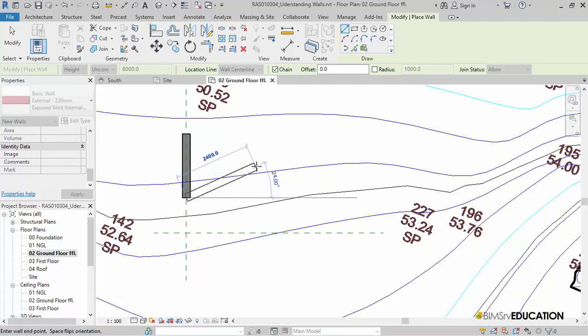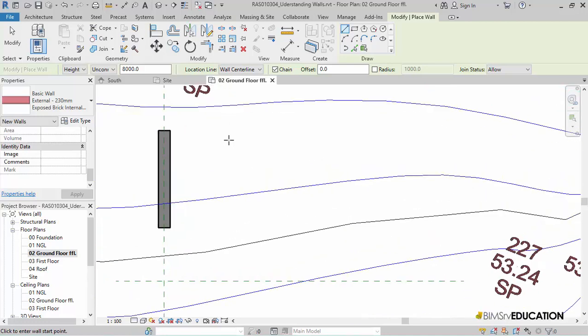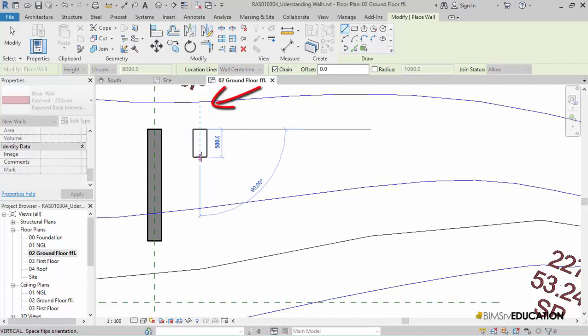Hit the escape button a couple of times to exit the line tool. I'll now draw another wall parallel to the wall that I just drew. Notice the blue dotted line along the center of the wall that I'm drawing.